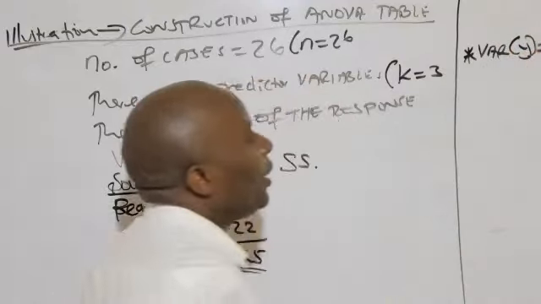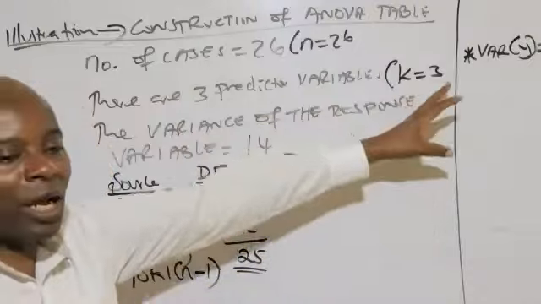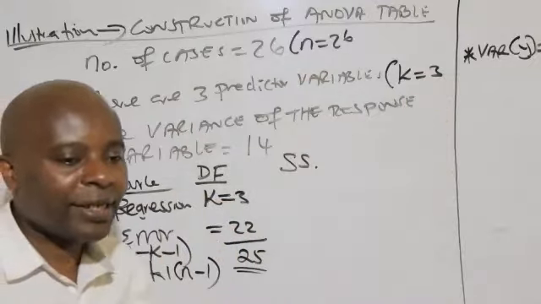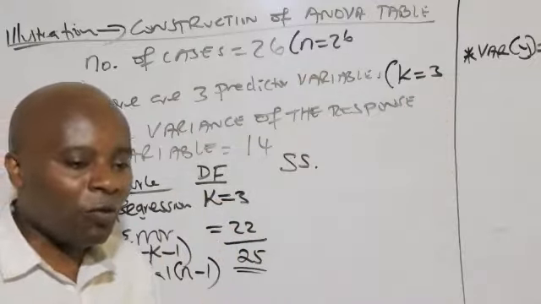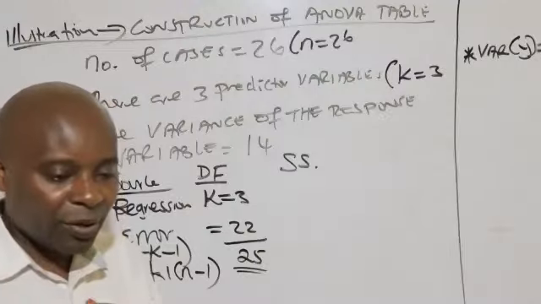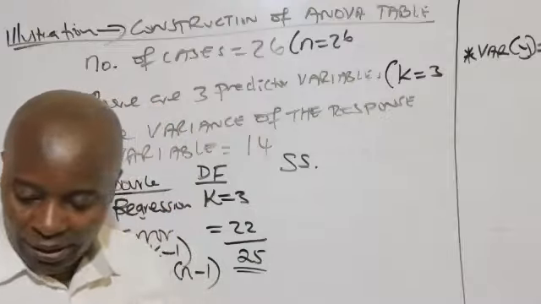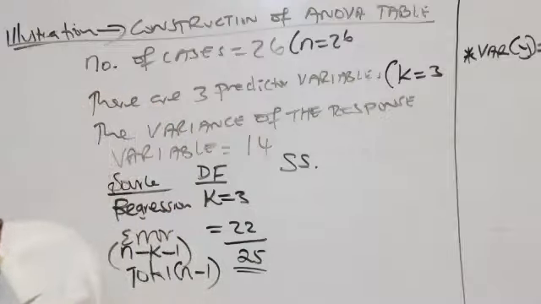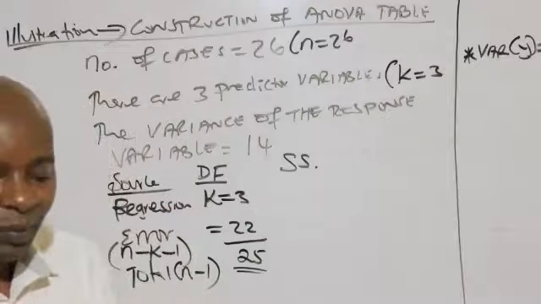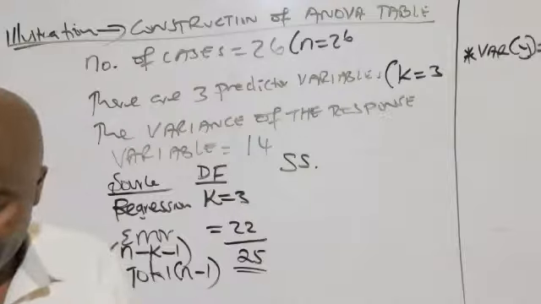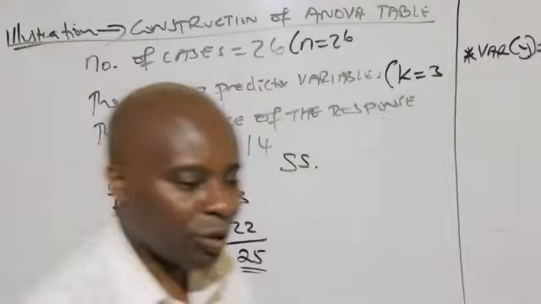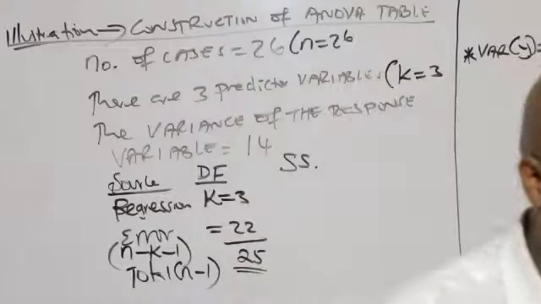I want somebody to write for us the formula of the variance of y. One minute. Write for us that formula. Variance of y equals what? Variance of the response variable. Just write for me very fast. Variance of y will be equal to